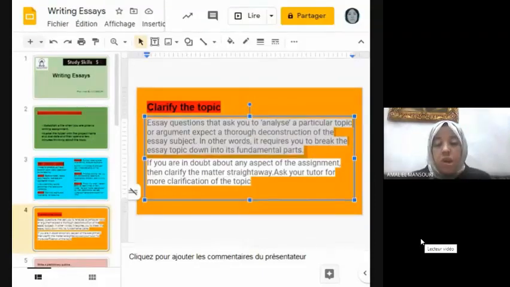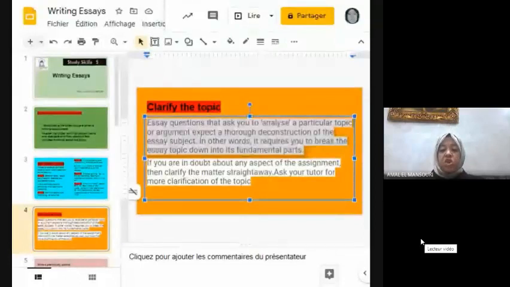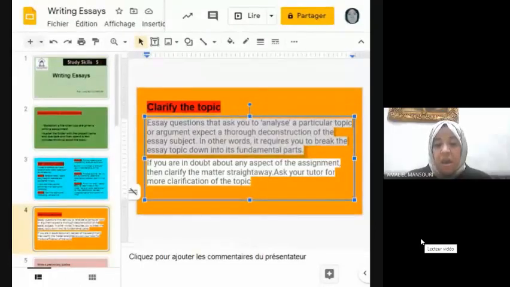Remember to clearly state your position based on all the evidence you present. So this is, of course, those kinds of essays that ask you to discuss or to argue. So basically, I have been talking about argumentative essays.